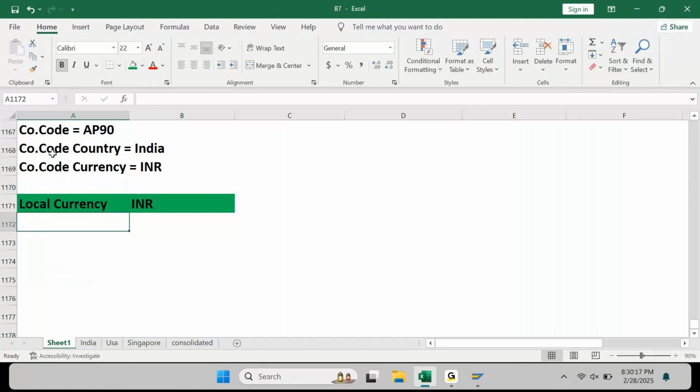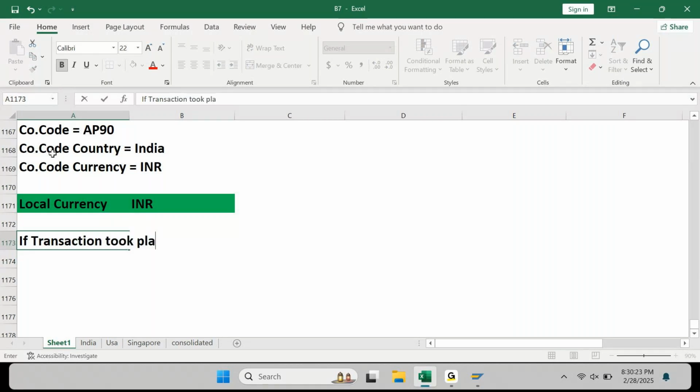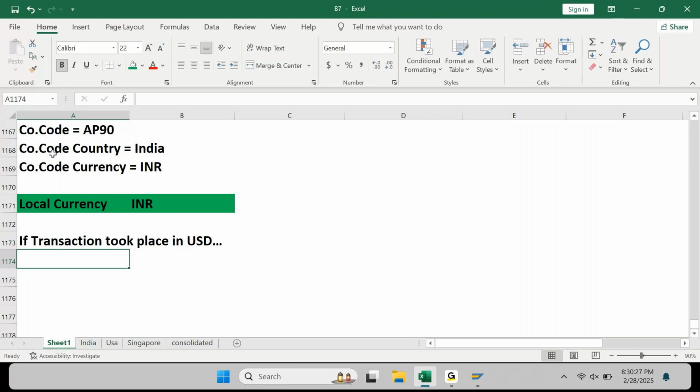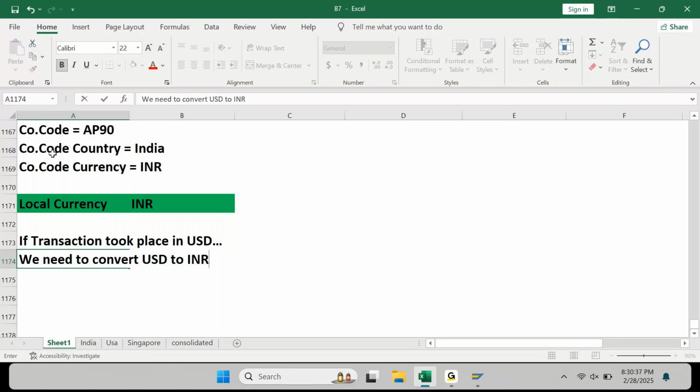Now I need to understand. Let's say transaction took place in US dollar. If transaction took place in US dollar, we need to convert USD to INR for